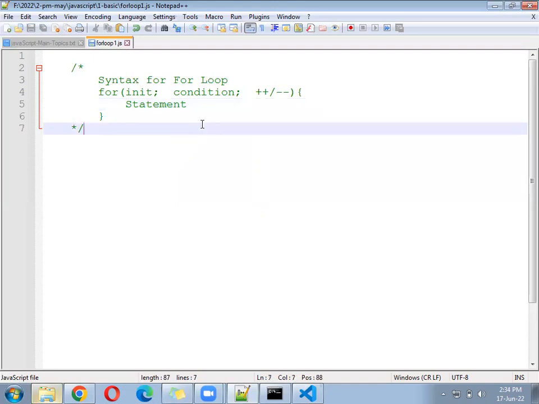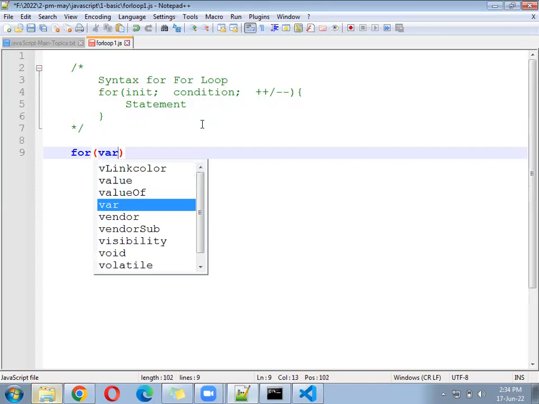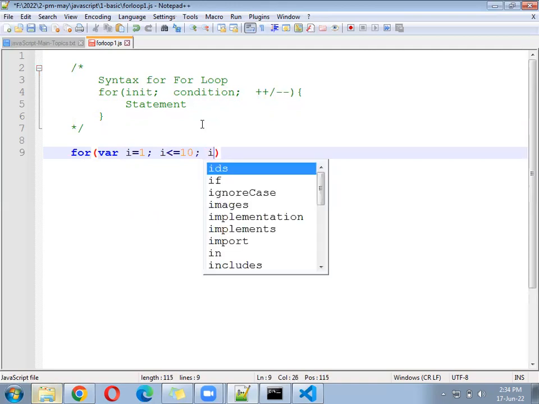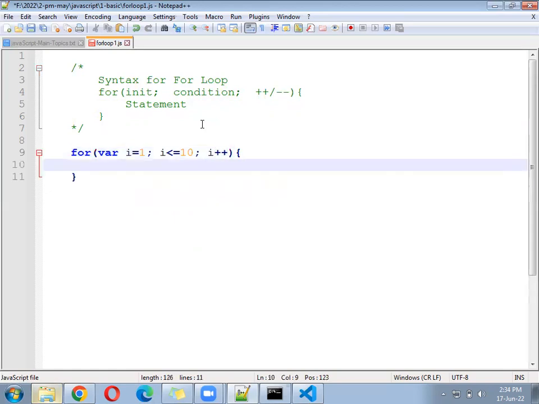Okay, now come down, write the syntax below. For will start from here. For. After that, initialization will happen where I maybe 1, I less than equal to 10. I equal to 1, I less than equal to 10, I plus plus,